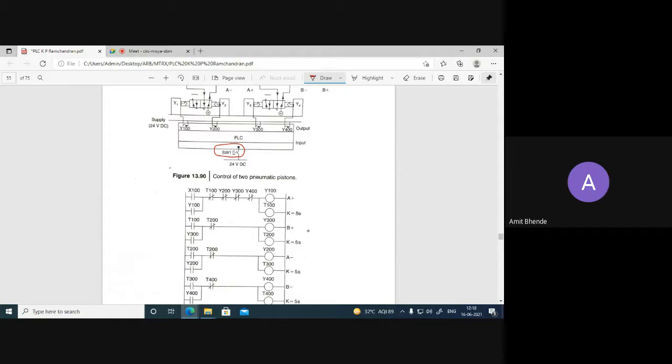be followed. Okay. So once you press this switch, then A plus, B plus, A minus, B minus. This pattern should be followed, and again coming back to A plus, B plus, A minus, B minus. So the entire circuit will go into the loop. Okay. So this is the application.